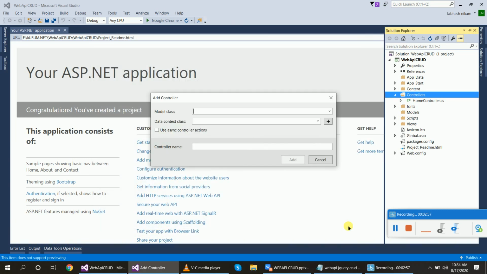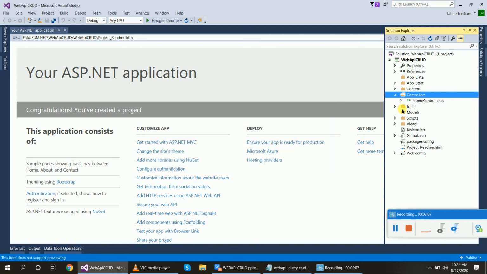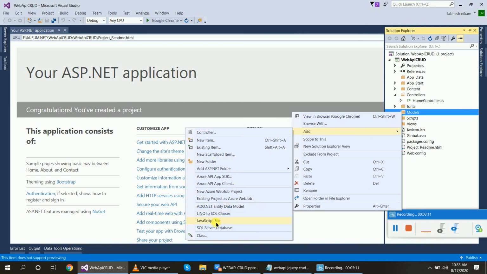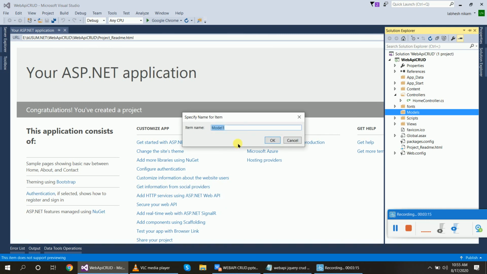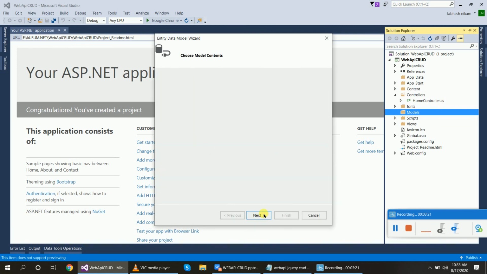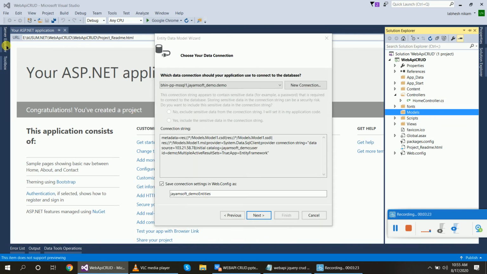But before creating this controller, we must create a data entity model. So inside of Models, right click, add ADO.NET Entity Data Model. Give the name Model1, no problem. I have created one table named Student.